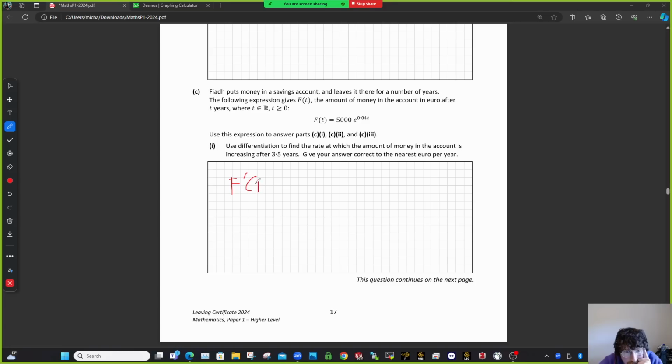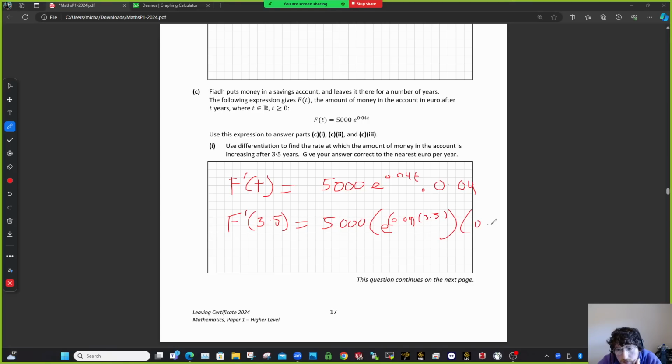So f dash t is equal to 5,000. The 5,000 does nothing, so it's just this part. When you're differentiating exponentials like that, they stay the same, they're the exact same, and then you just multiply by the derivative of the power, which is 0.04. And then you put in here 3.5: 5,000 times e to the 0.04 times 3.5